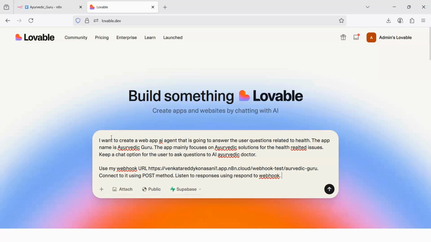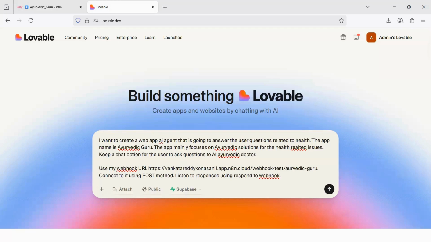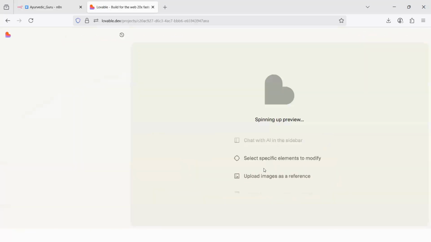The prompt has to be detailed. It cannot be just 3, 4 lines like this. There is a certain way you have to follow. You have to write as big a prompt as possible, and you have to build the website one feature at a time. But here, just for demo purposes, our focus is on N8N. That is why I have written a smaller prompt here, and I'm just asking Lovable to build it, and